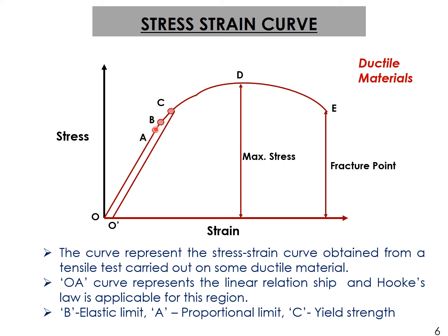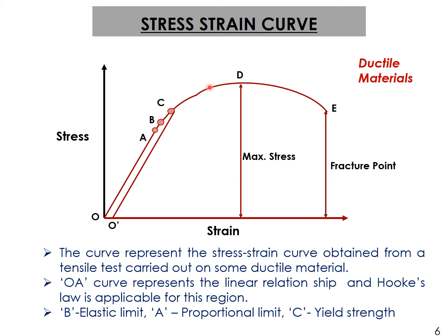Now going further, we have come to point C. Plastic deformation has started taking place. This is all plastic deformation. When plastic deformation starts, you can see that the material becomes stronger and stronger. A phenomenon takes place that's called strain hardening. I'm not discussing strain hardening right now, but because of it, the material becomes stronger, and the load needed to deform and elongate the specimen further increases.